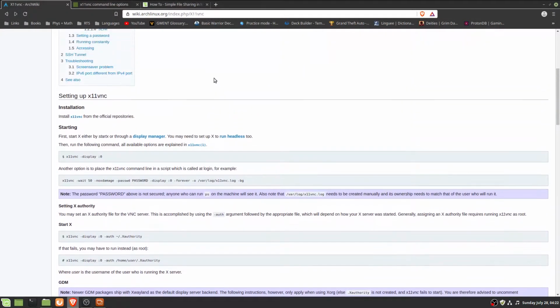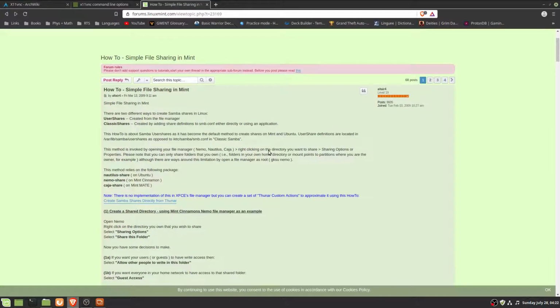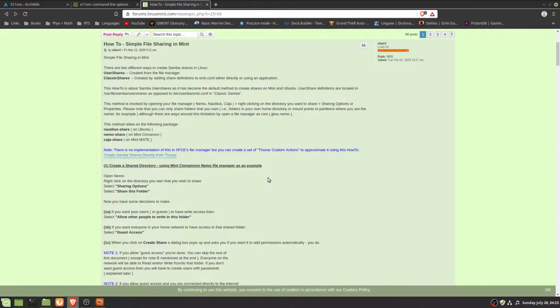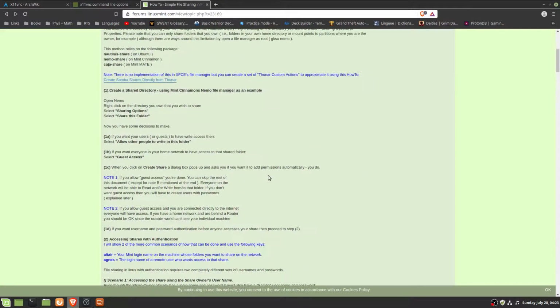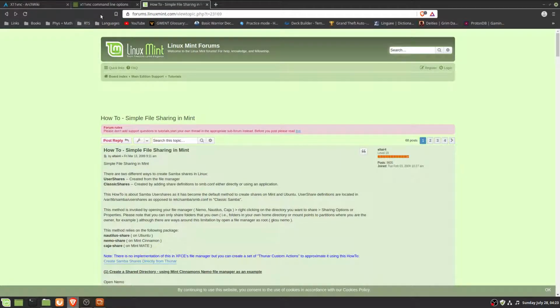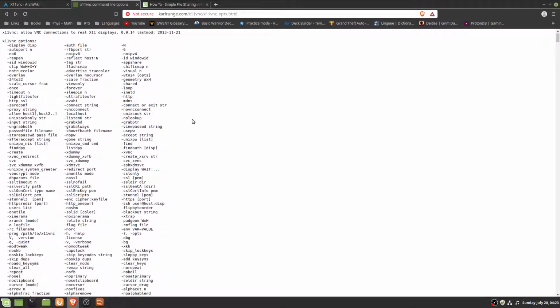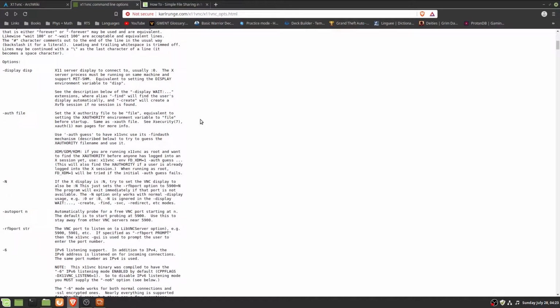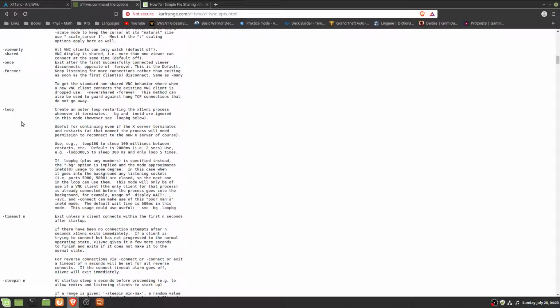In addition, here I have another forum post from the Linux Mint forums that shows you how to set up Samba if you want to. Again, I'm not gonna go over that. And last I want to mention is this one, which basically gives you a bunch of command options for x11vnc, like for example dash loop. Okay,